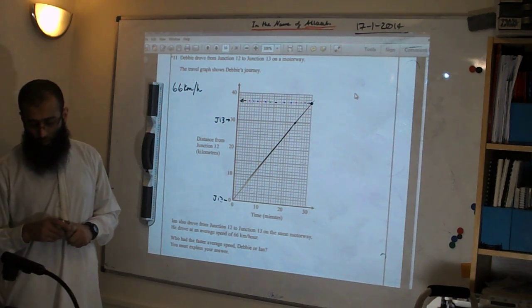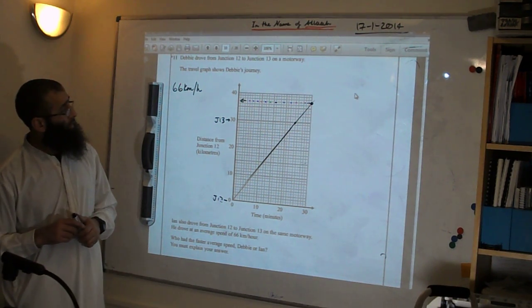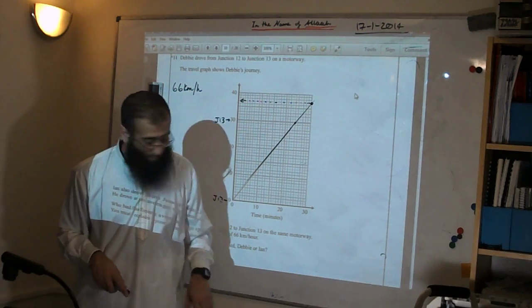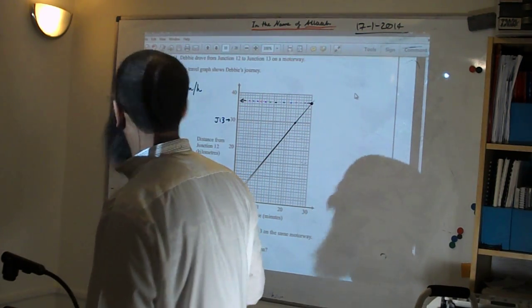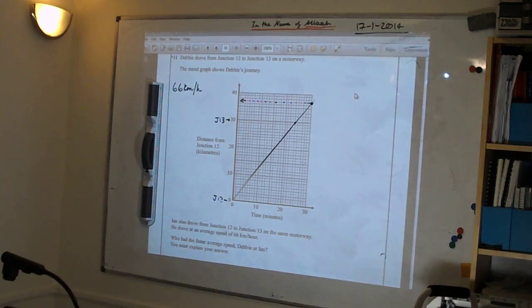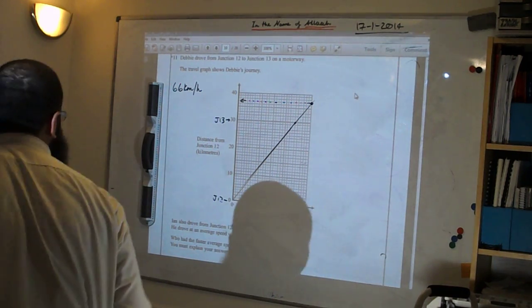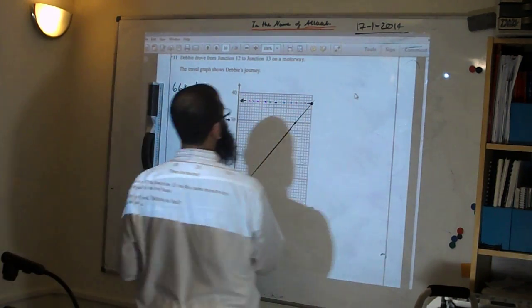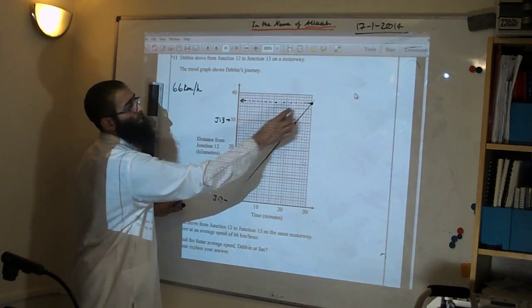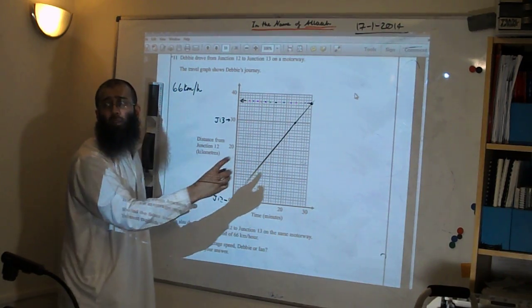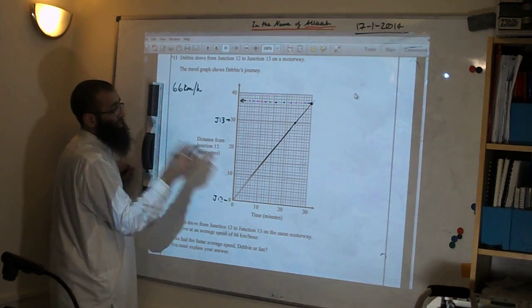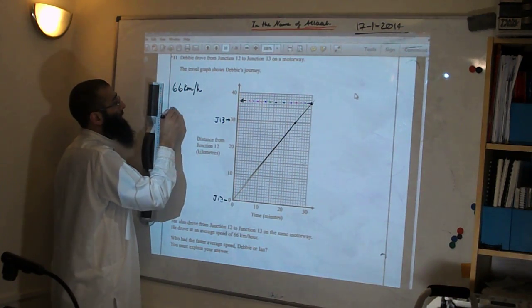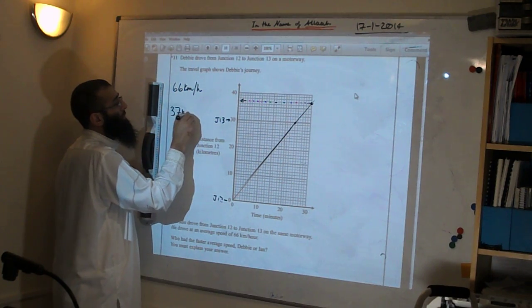37? 38? Alright, let me have a quick look myself. On that, we got 37. Okay, 37. Yeah, 37 is good. Okay, if you extend this line, we hit 37. Three squares on top. So according to this particular graph here, she is traveling at 37 kilometers per